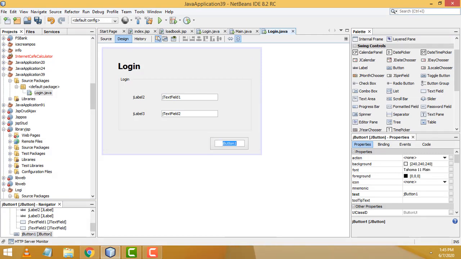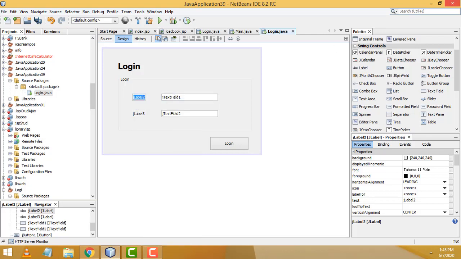Right click, Login. Now first we have to select this label. Right click, edit text, username. This one password. Right click, edit text, password.